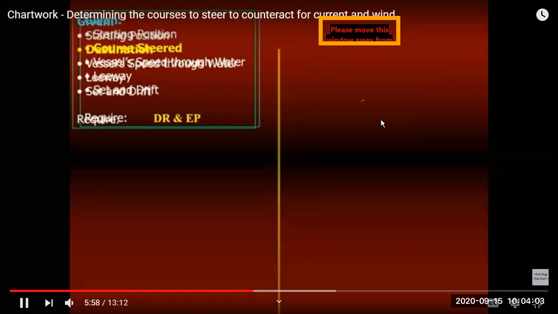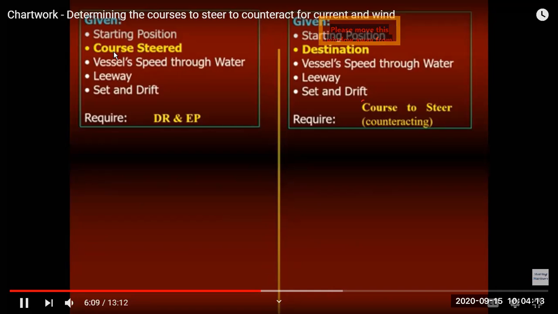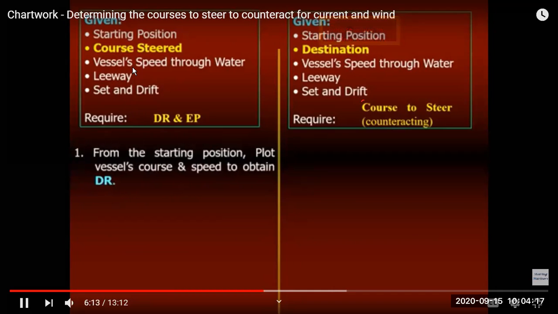So let's summarize. For allowing and counteracting, this is the main thing you should note down. In allowing, the starting position is given, and the course steered is given, and the vessel speed through water, that is your engine speed, is given. Leeway is given, set and rate is given. What we are required is the final DR position or estimated position and your course made good. And in counteracting,